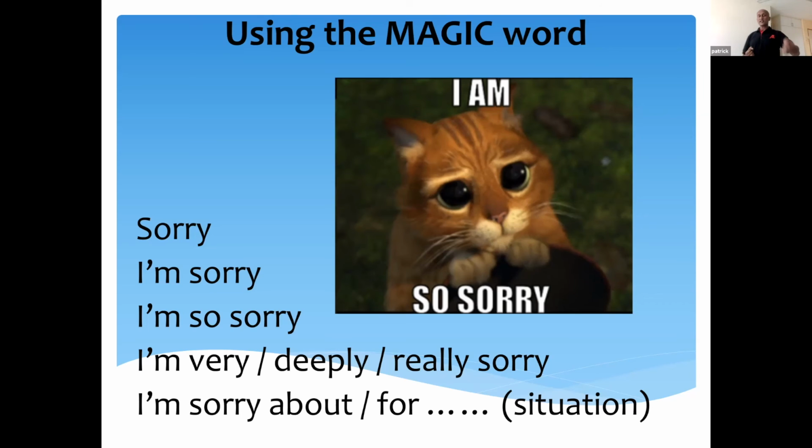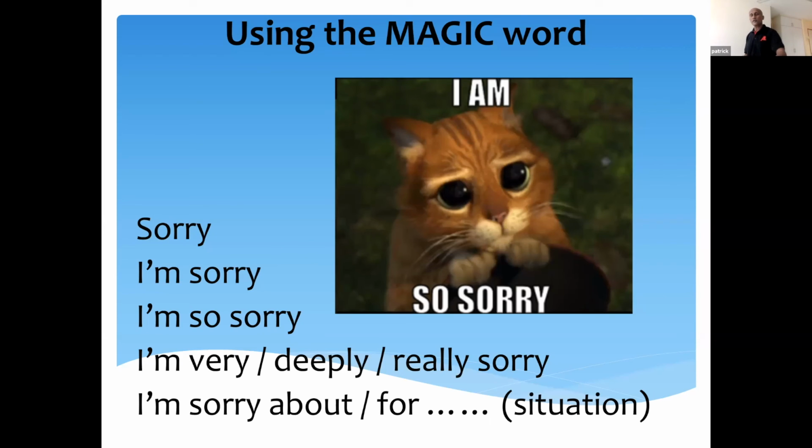Now the last one is I'm very sorry, I'm deeply sorry, or I'm really sorry. What does that mean? This is the ultimate that you can do when you're really sorry about something. I'm having dinner with a beautiful woman. Sedap makan. Suddenly my girlfriend comes, the one I'm actually dating also lah. I'm really sorry. I don't know whether that cuts it lah, but that's ultimate already.